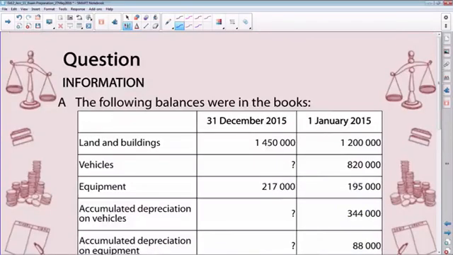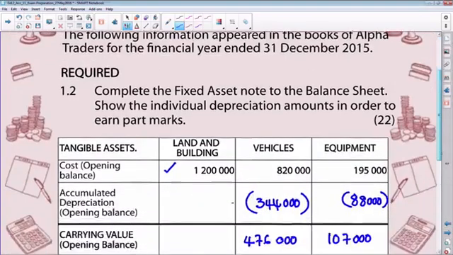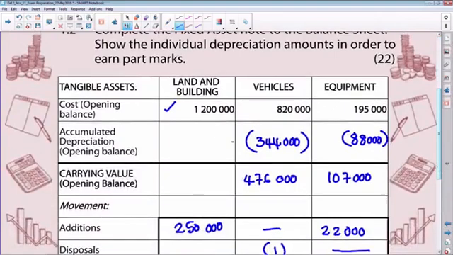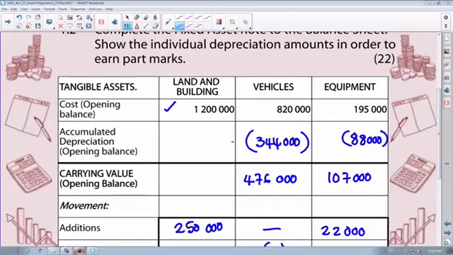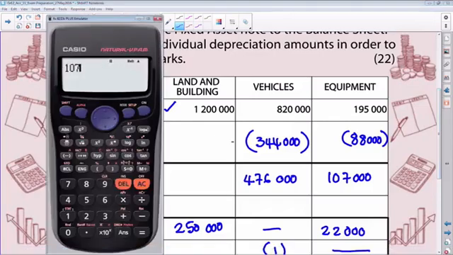Let's take our equipment, and in our equipment it says there that my carrying value at the beginning of the year was 107,000 Rand. Therefore, take the 107,000 Rand times 15%, and that gives me a figure of